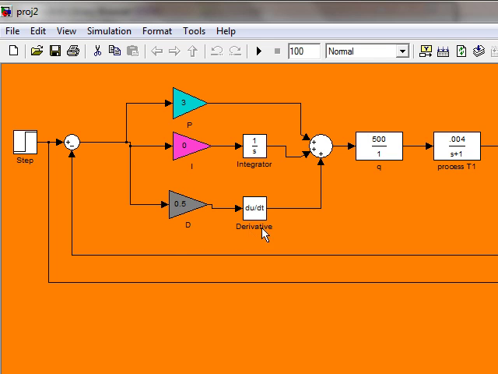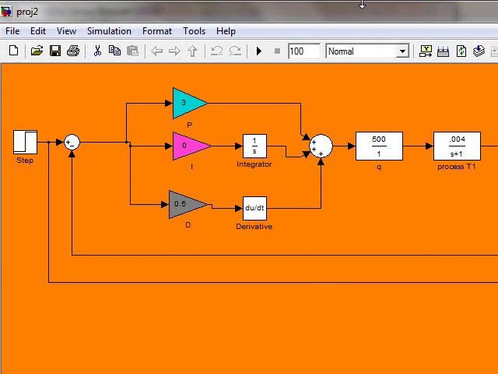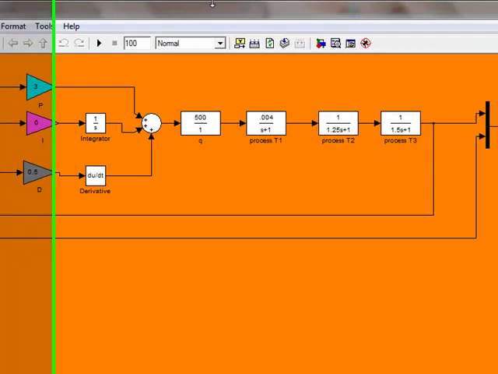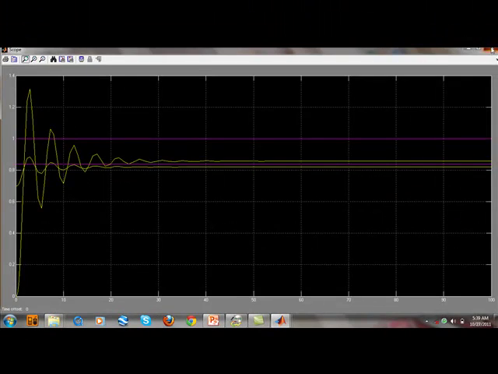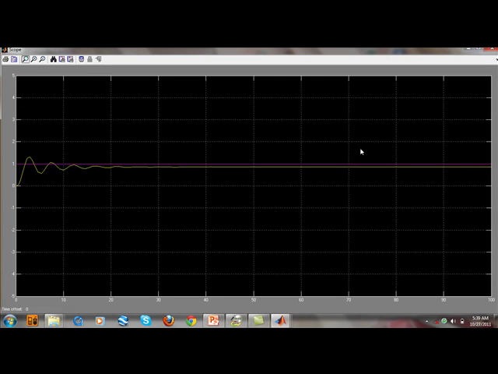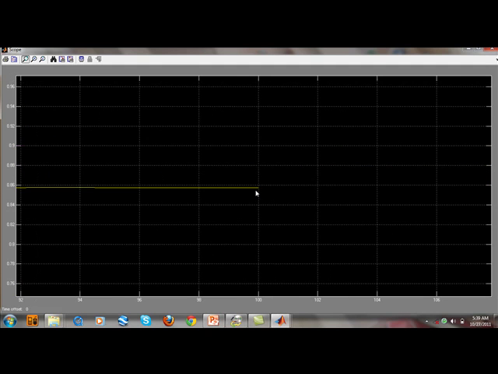Input Q is present, which is equal to 500, as well as the process transfer function in tanks 1, 2, and 3. The disturbance was kept 0 to obtain a servo problem. So, with a running time of 100, we graph it, and we'll have to determine the point at which it approaches close to the set point. Okay, we just have to keep on zooming